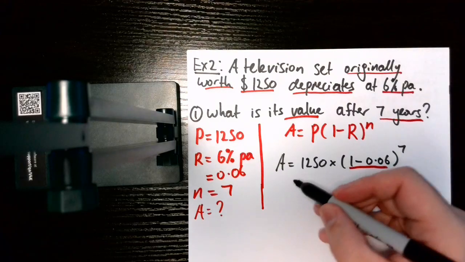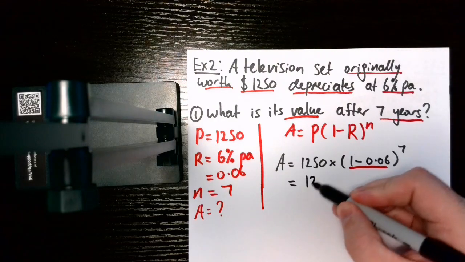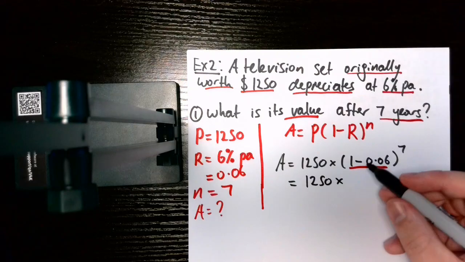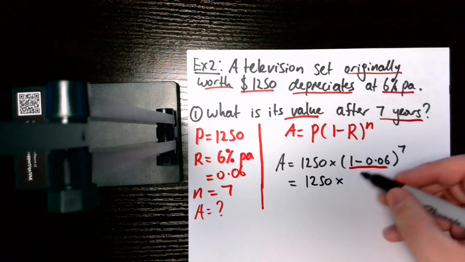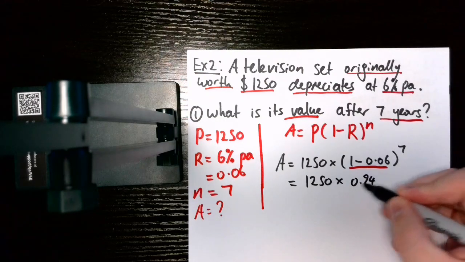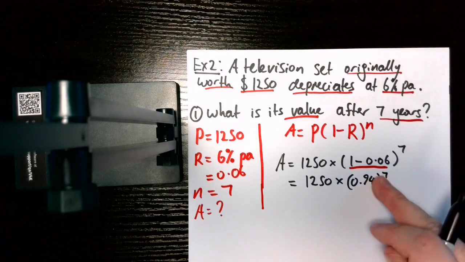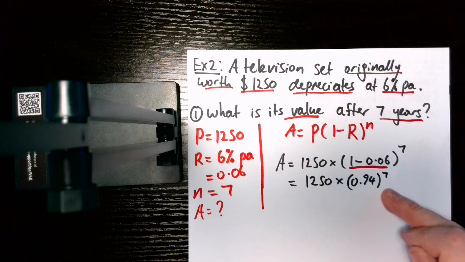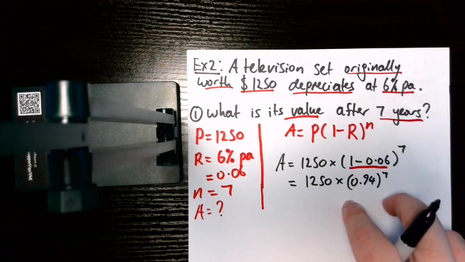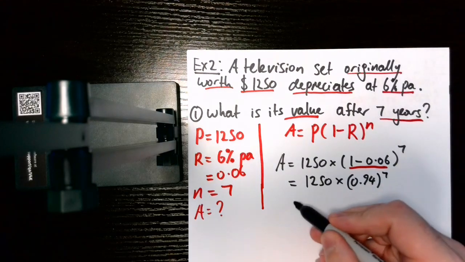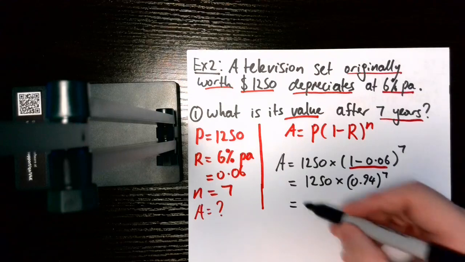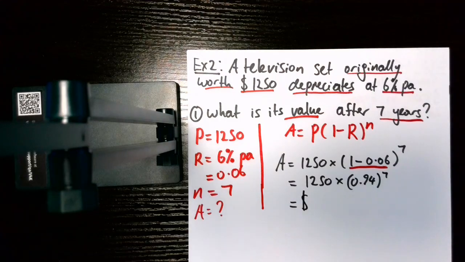Okay? Let's do a little bit of tidying up inside this bracket. You can enter that in your calculator if you want. Alright, and we'll end up with 1,250 multiplied by 0.94, 0.94 all to the power of 7. Okay? From here, we can enter this value into our calculator. We don't necessarily need the brackets in this case, but we can enter it straight into our calculator to end up with our value being